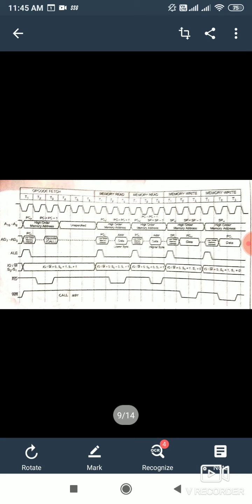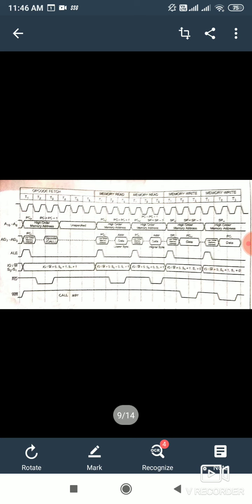It will use two memory writes because we have to push the address, and the address is 16 bits. So for 16 bits we have to use two memory writes. So for the call instruction we have opcode fetch, two memory reads and two memory writes.